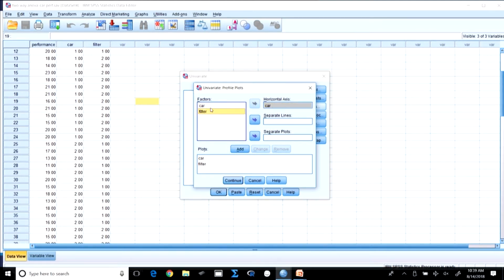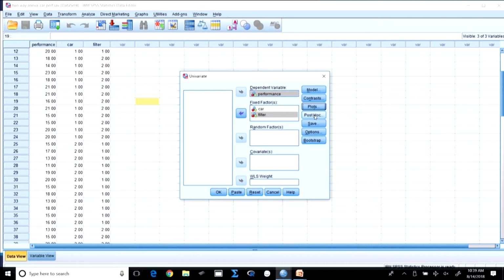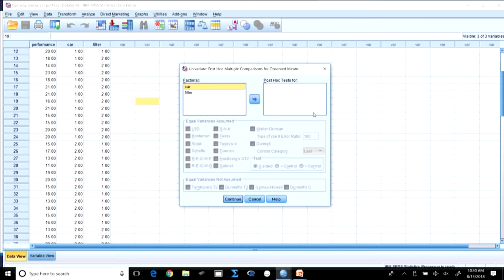To see that, first I will take this and I will take car into filter. So, this is an interaction effect. Okay. Then what is this post hoc and do we require post hoc? Yes, we do require, but you require post hoc only when there are more than two levels. So, then only it is a comparison of the means, right. So, only car is possible because car, I think, has 3 brands.